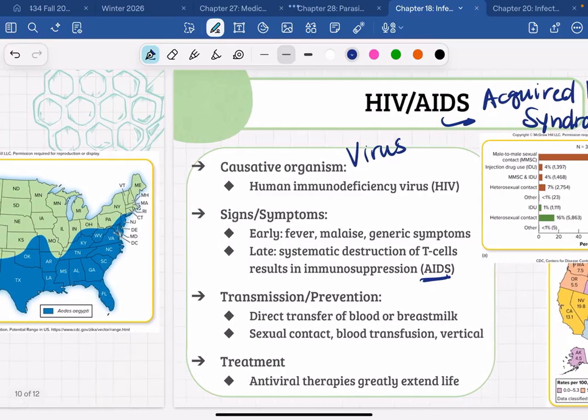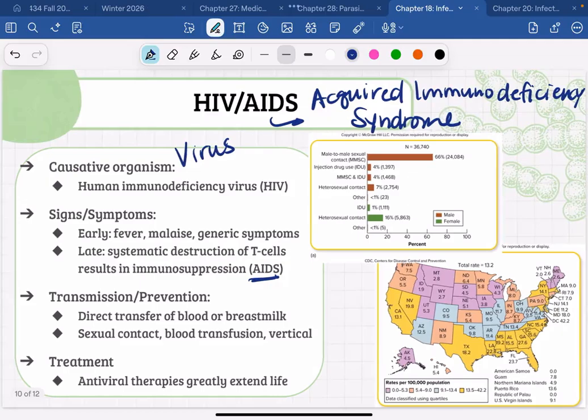And then there's also a set of drugs called PrEP, that can be taken by people at risk for getting HIV, like somebody having sex regularly with an infected partner. You can take PrEP and it will prevent you from getting HIV in the first place. It doesn't cure it, but it has been shown to significantly decrease the rate of infection.